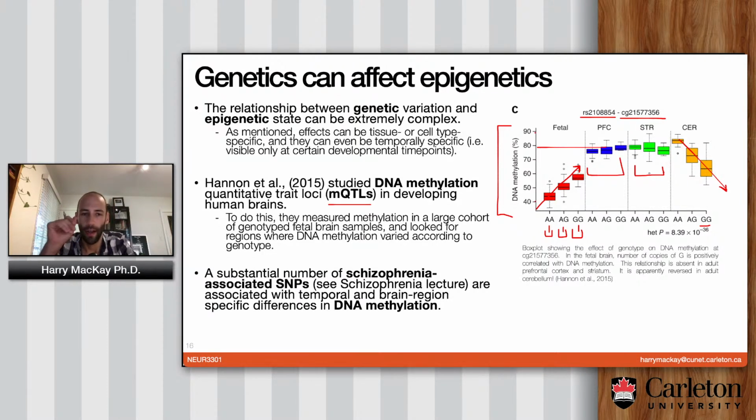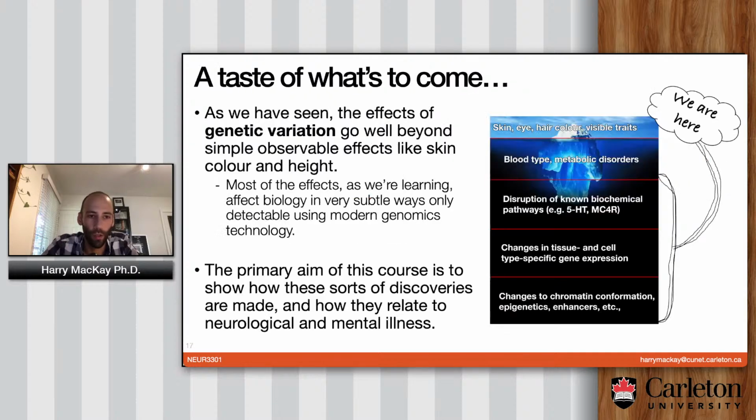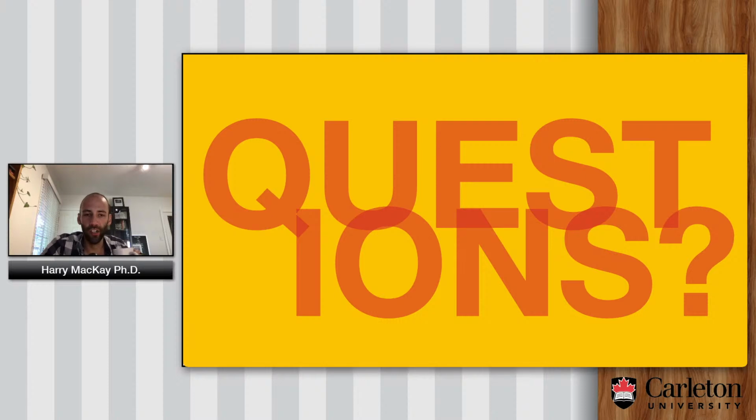So just try to take that all in, I guess, and try to reflect on that as evidence of how complicated things can get. We'll see this. This is a taste of what's to come. The effect of genetic variation goes well beyond this. We're going to be focusing mostly in this kind of realm, the stuff that's below the surface of the ocean. All the surface stuff is all well trodden. Where the action is down here in the deeper depths of the ocean. So we're going to try to show you how these things are discovered, how they're studied, and what we can do about it. So I'll pause briefly for any questions that might have cropped up.